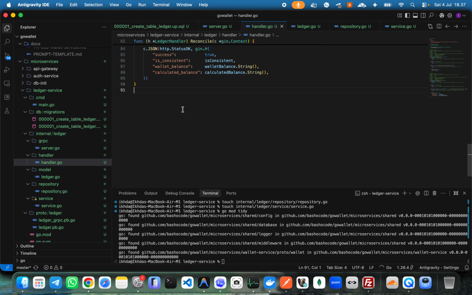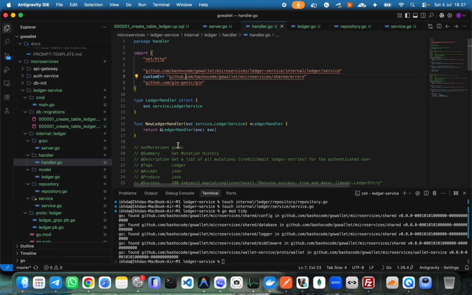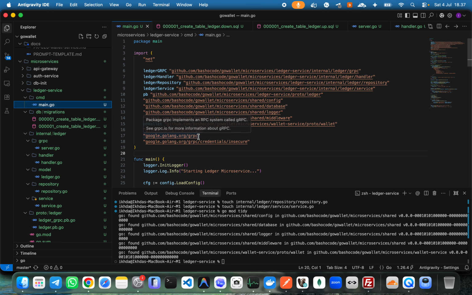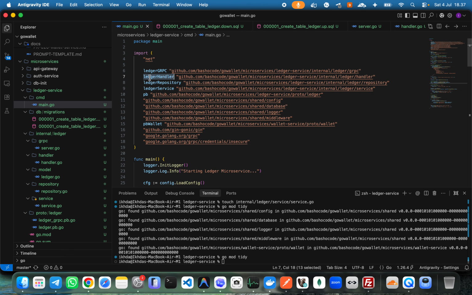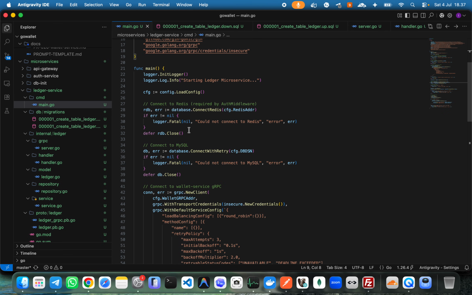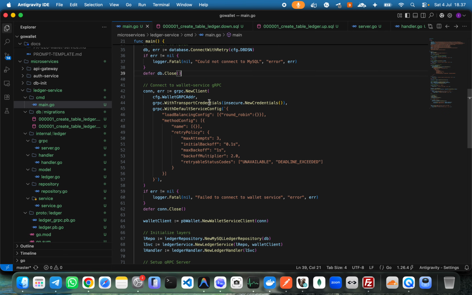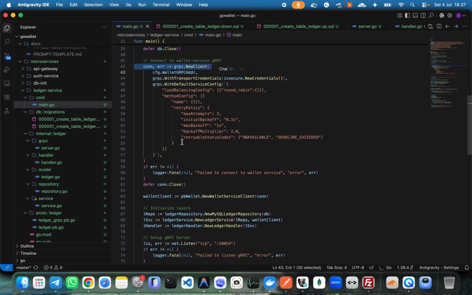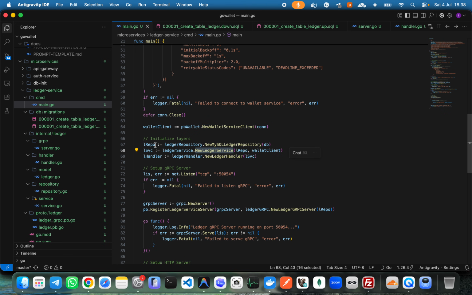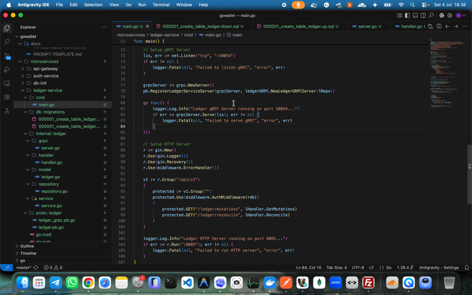And then for the handler that I was trying to customize the error, yeah, then it should be okay, because the error is because we don't use command ID, but command ID keeps throwing an error when we don't have the ledger handler, repository, service, etc. So here is the thing, we connect to Redis and then connect with retry for the database. Same, this is connect to wallet service gRPC, and this is the initialize layer, pretty much the same as the monolith one, and the ledger gRPC server running here on port